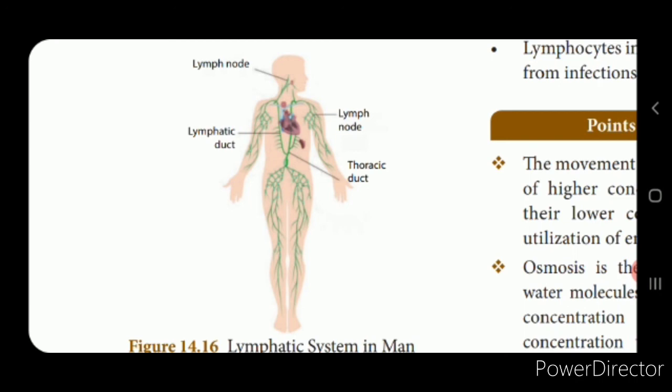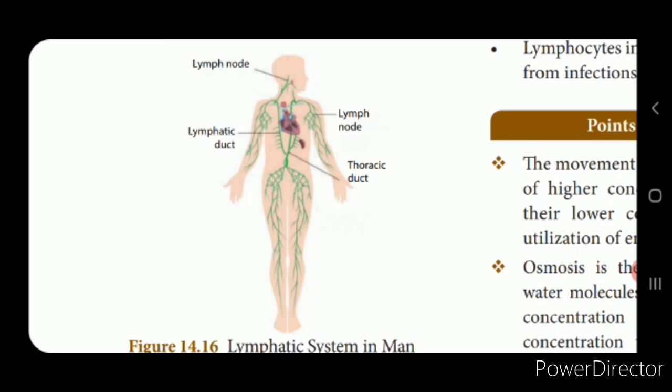Now, let's see the functions of lymph. This is a very, very important question. The main function of the lymph is that it supplies nutrition and oxygen to those parts of the body where the blood cannot reach. It also drains the excess of the metabolites, all those proteins, nutrition, oxygen, carbon dioxide, water, and the white blood cells,